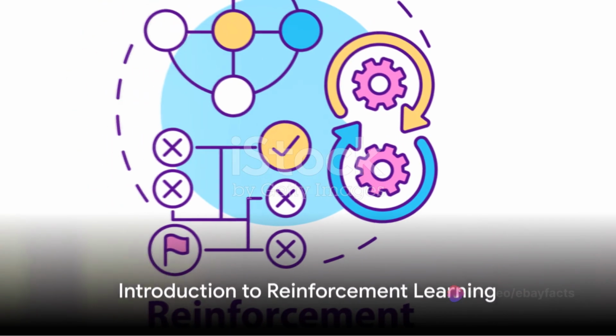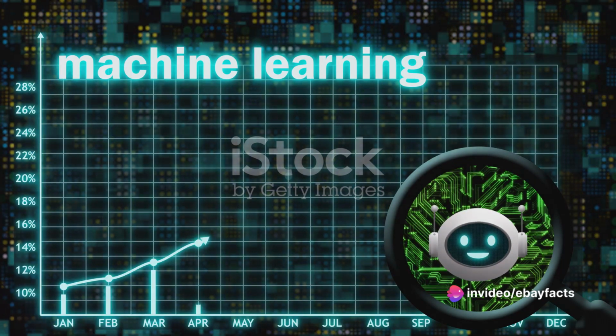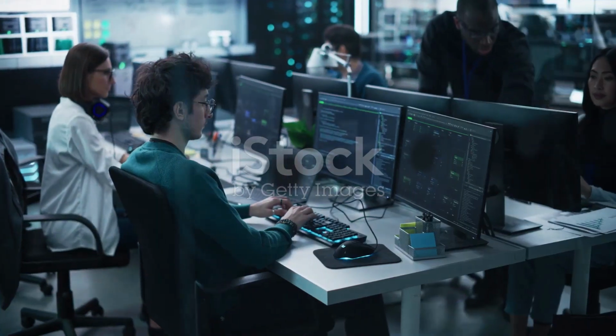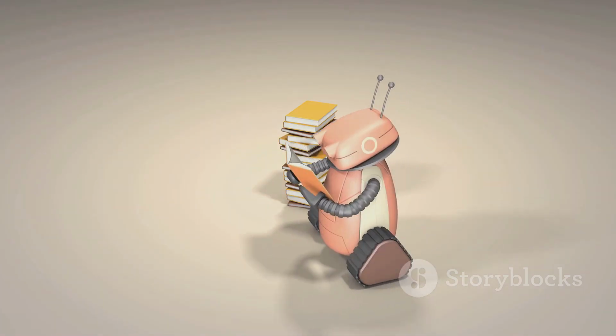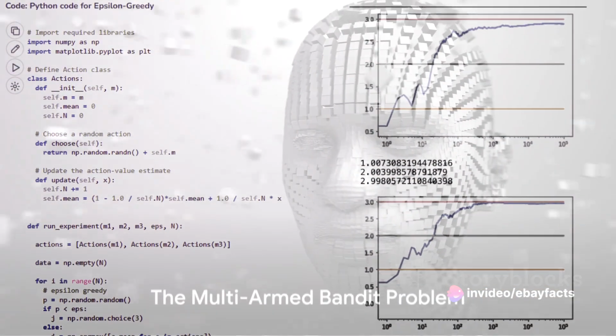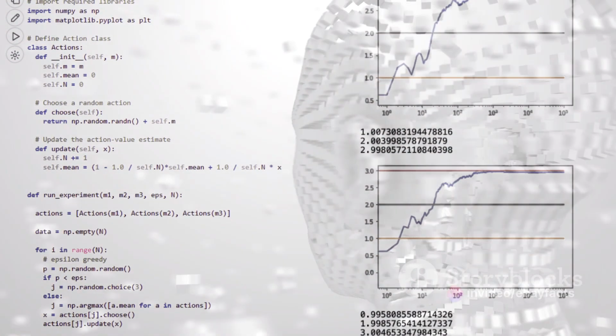In reinforcement learning, the agent or decision maker learns what to do, how to map situations to actions, so as to maximize a numerical reward signal. The agent is not explicitly told which actions to take, but instead must discover which action yields the most reward through trial and error. The multi-armed bandit problem is used in reinforcement learning to formalize the notion of decision-making under